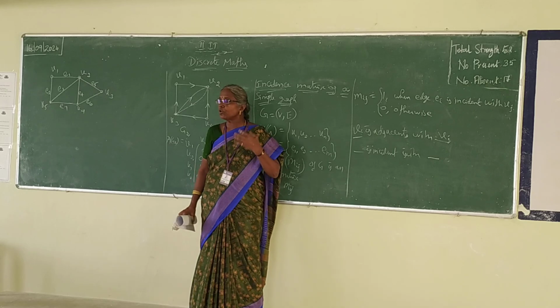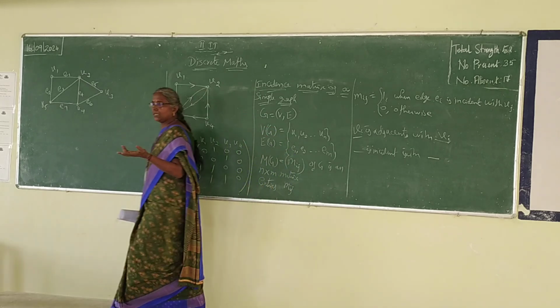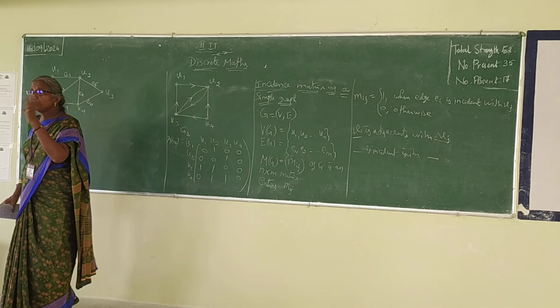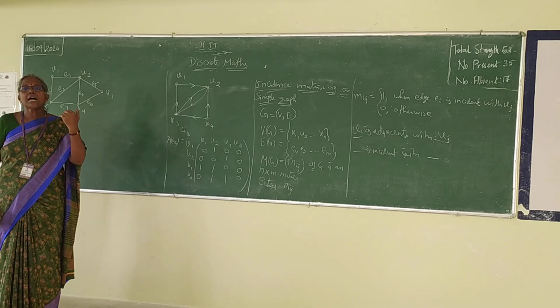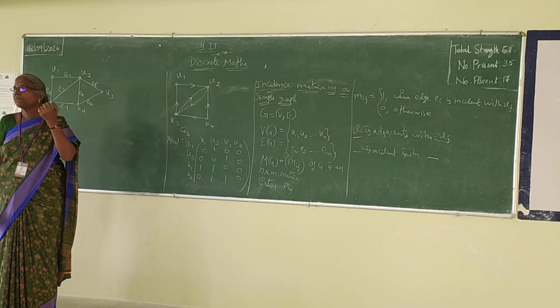Rows will be considered as vertices. Columns also will be considered as vertices in the case of an adjacency matrix. Whereas for the incidence matrix